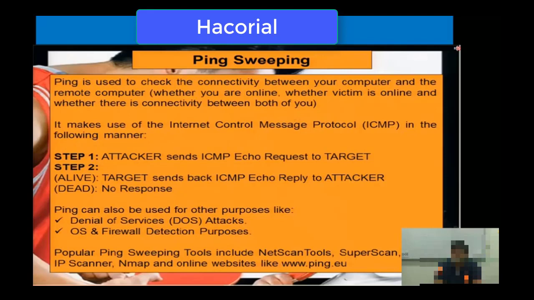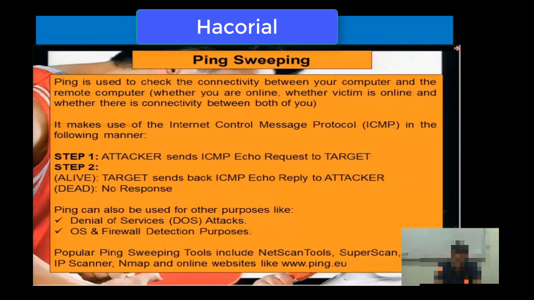So now that we understand ping, what are the different tools available for performing ping? Ping, as you just noticed, is actually already pre-installed in MS-DOS. But MS-DOS is not the most efficient way of performing ping. If you're using Linux, then even then ping is pre-installed in Linux. But along with the pre-installed versions of ping, you have various tools available like NetScan tools,